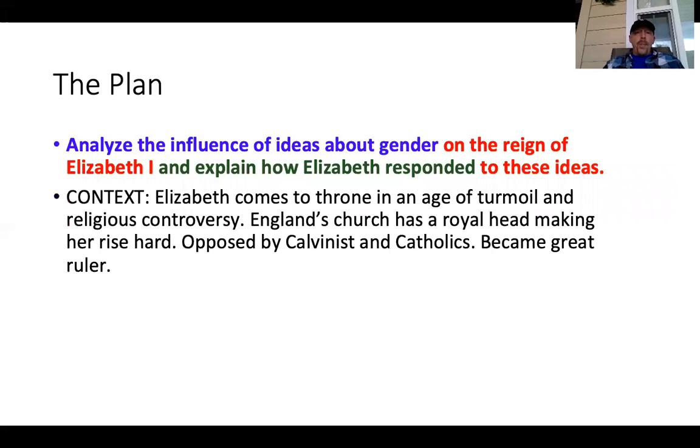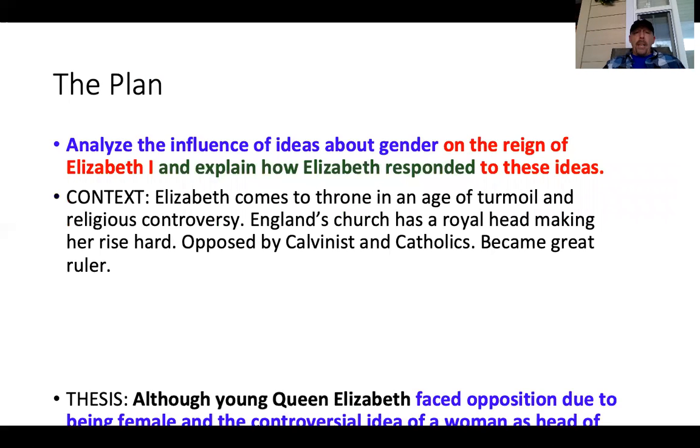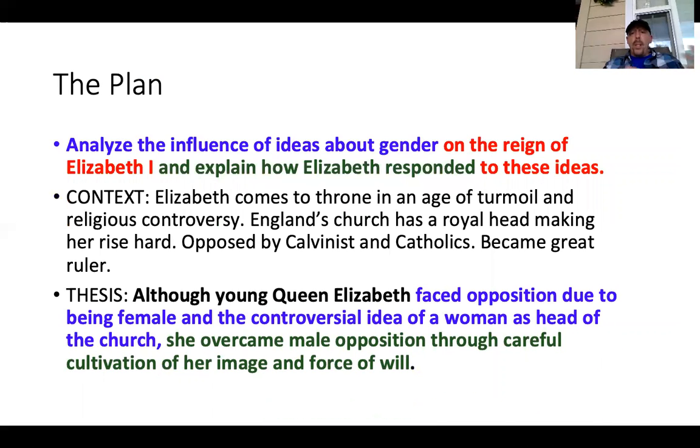Okay. And so the context, I want to put this in the introduction. It's an age of turmoil, religious controversy. I might talk about her illegitimate status. I mean, there's lots of things we could put in here. And then ultimately she became a great ruler. And then thesis: although young Queen Elizabeth faced opposition due to being female and the controversial idea of a woman as head of the church,